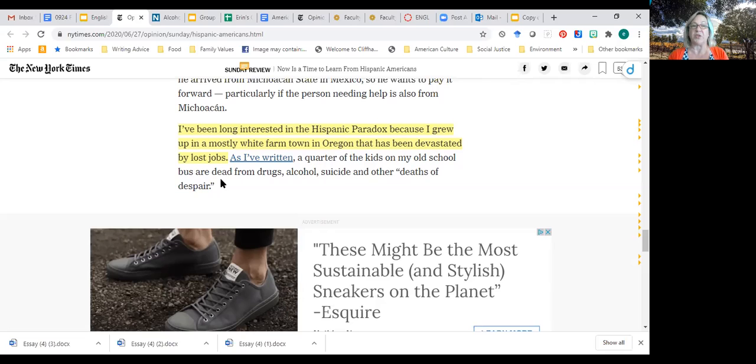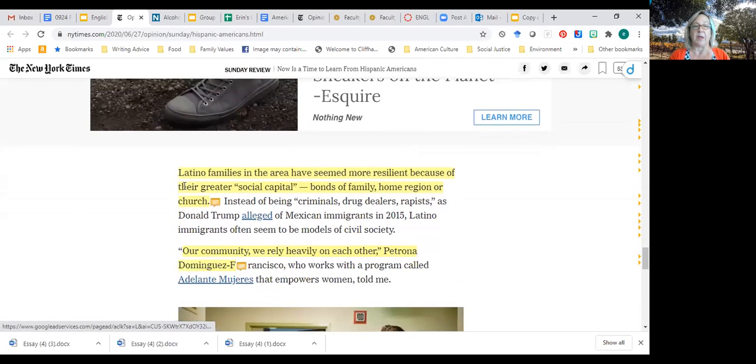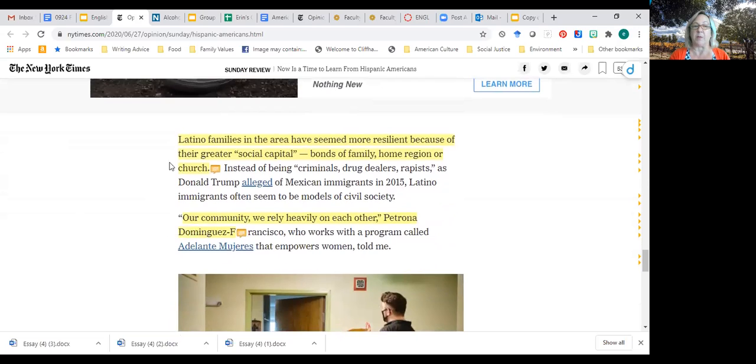And now he wants to compare the kids in his town when they experienced poverty. 25% of the kids in his old school are dead from drugs, alcohol, suicide, and other deaths of despair, but that isn't true in Hispanic communities.